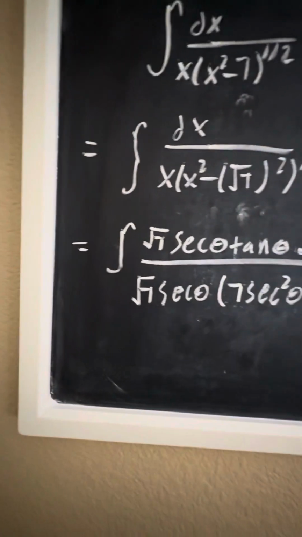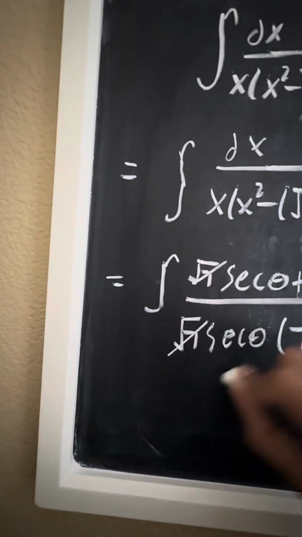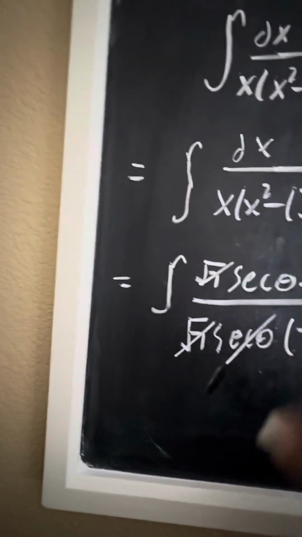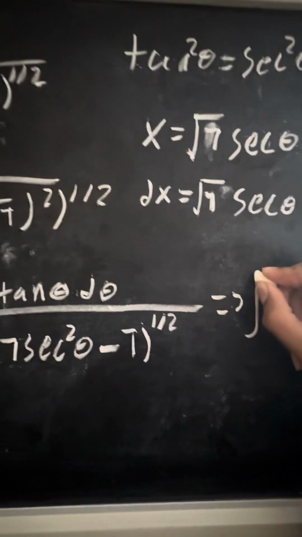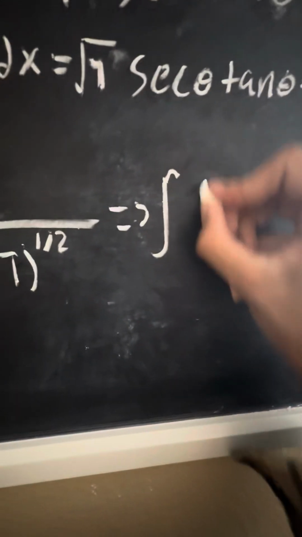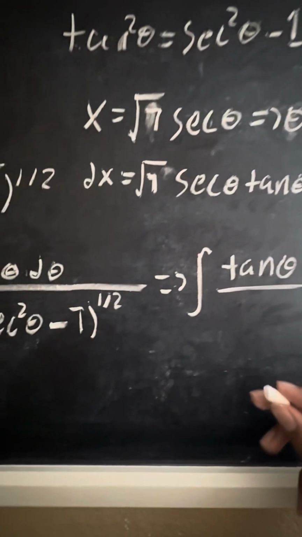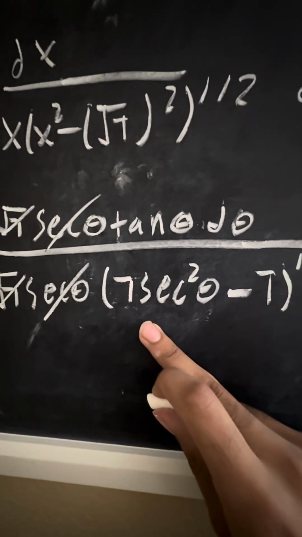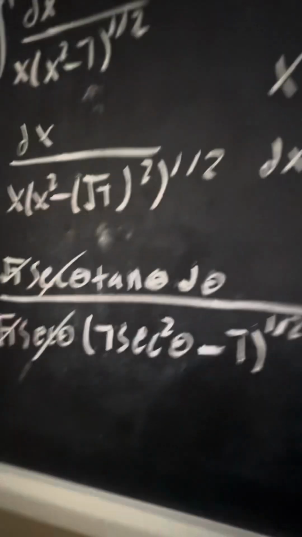Now we'll start canceling some things. We can cancel the square root of 7. Cancel the secant. We have a tan theta up there. Okay. Some of you will already see the answer. Look how small the integral is. So we still have that tan theta on top. It has not gone yet. We're going to pull out that 7 so we can get this. So if we pull out a 7 out of a square root, we just